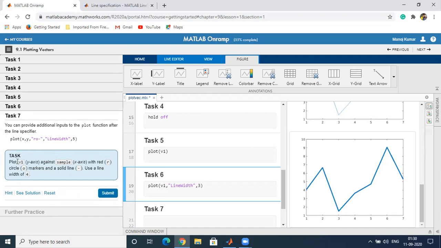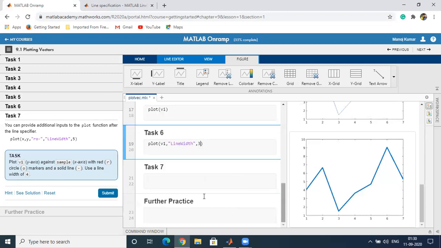The task is to plot v1 on the y-axis along the sample on x, with a red color circle as a marker, a solid line, and a line width equal to 4. All these can be done in a single plot.